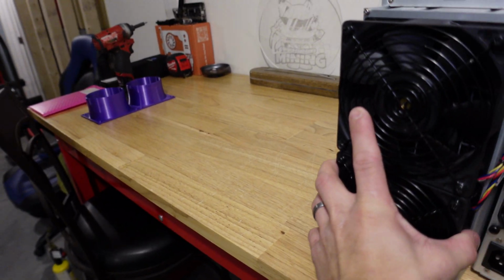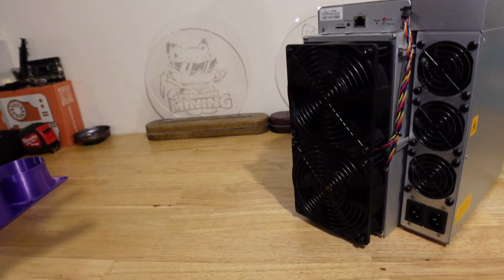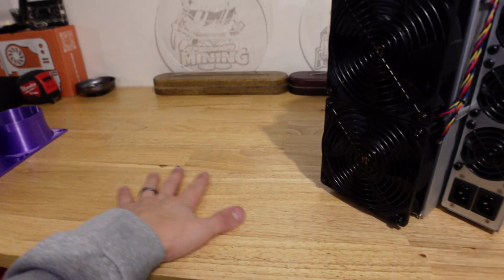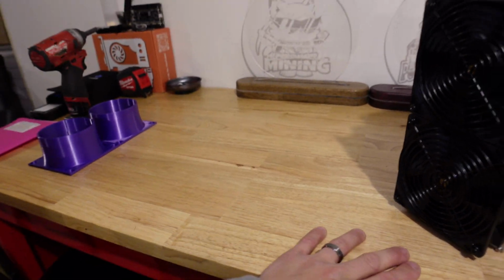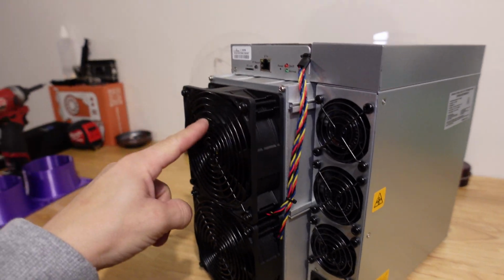And that's from between the OCTOMINERs and these units in general. They always scratch my desk and it drives me insane. And obviously I can't fix that now without sanding it and staining it myself. So that sucks, but I'm going to solve that problem today, and I want to show you guys what I